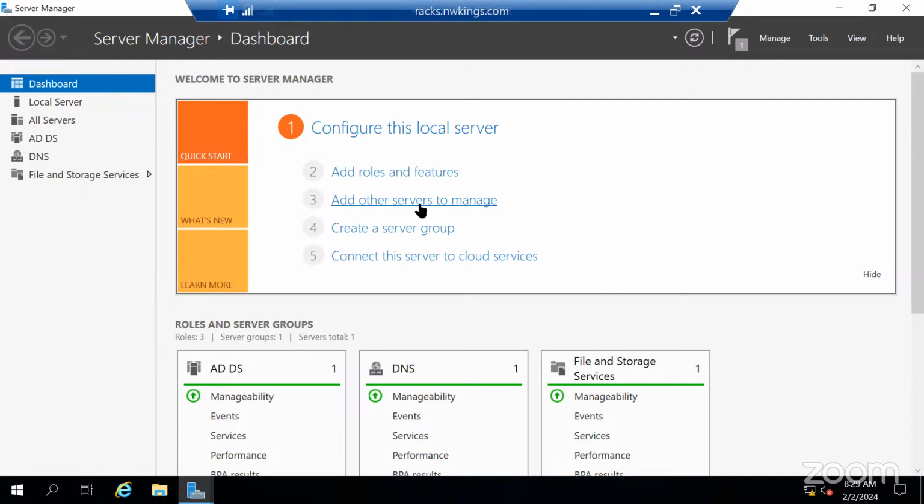All right, but what you can do is add all the servers in a single console, so that there is no need to log in onto the server manually every time. You will be able to manage it from a single server itself. You can create a group of all the servers, or you can just directly add other servers to manage. Practically, we are going to see how all of this happens.